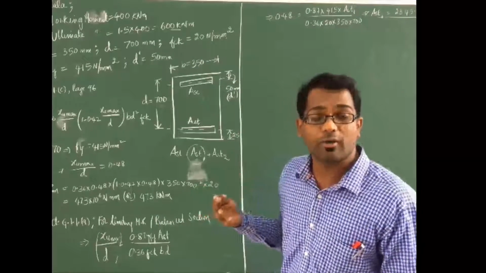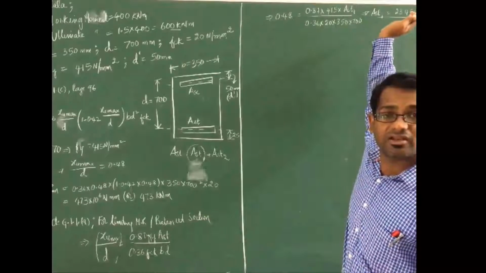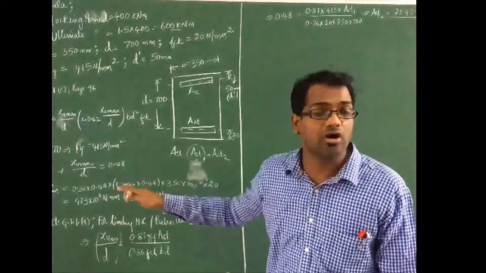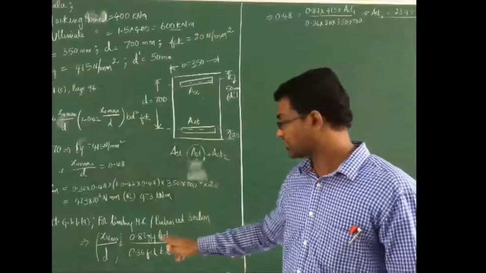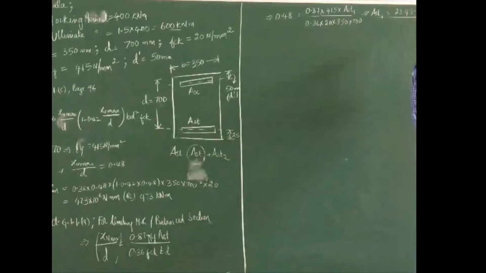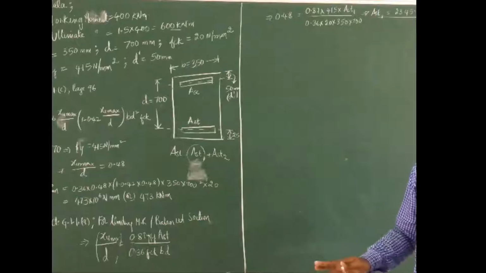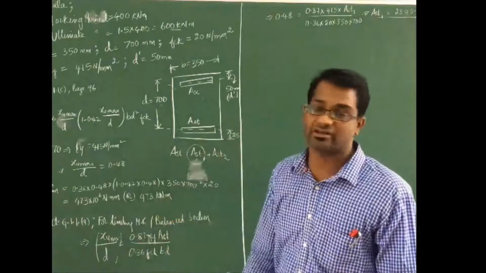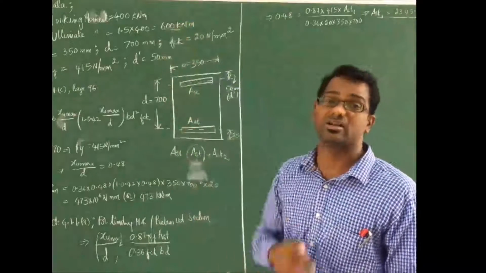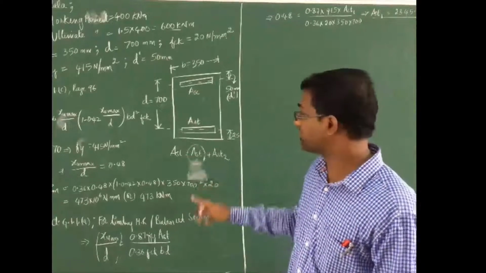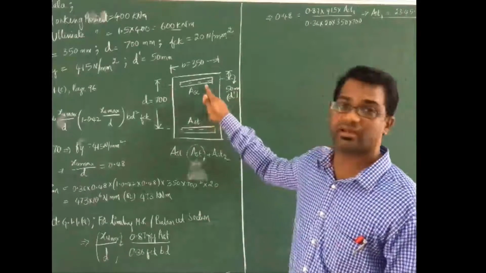So you can ask me now, sir, you have taken area of steel, but here you have calculated the moment of resistance using concrete. How can you relate them both? Because in a balanced section, the moment of resistance due to concrete and the moment of resistance due to steel are equal, right? So if you provide 2345 mm square of steel, it can carry 473, but the total moment here is 600. It is more than 473. So we need to provide more reinforcement. So we need to calculate AST2 and ASC.